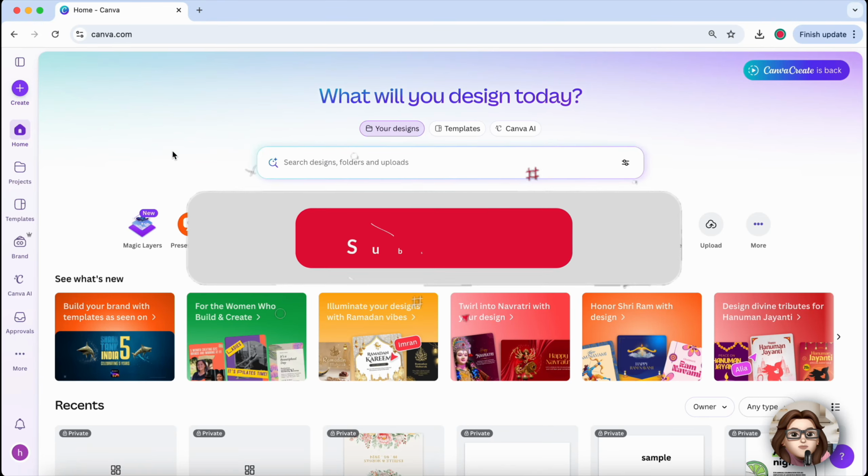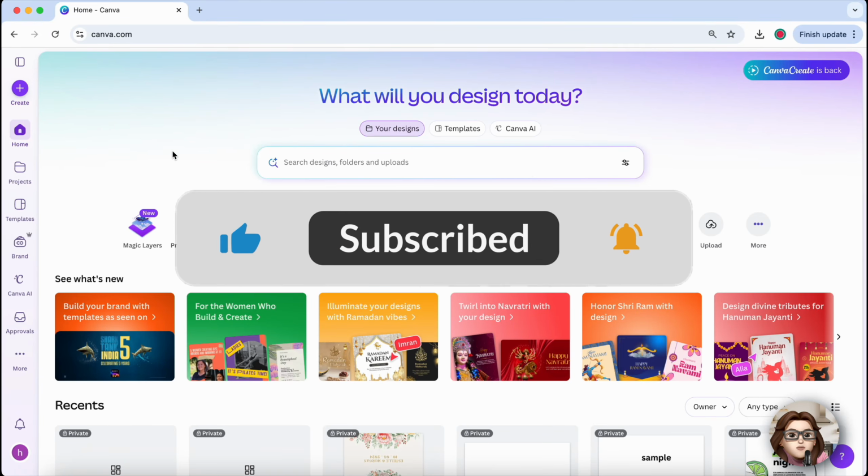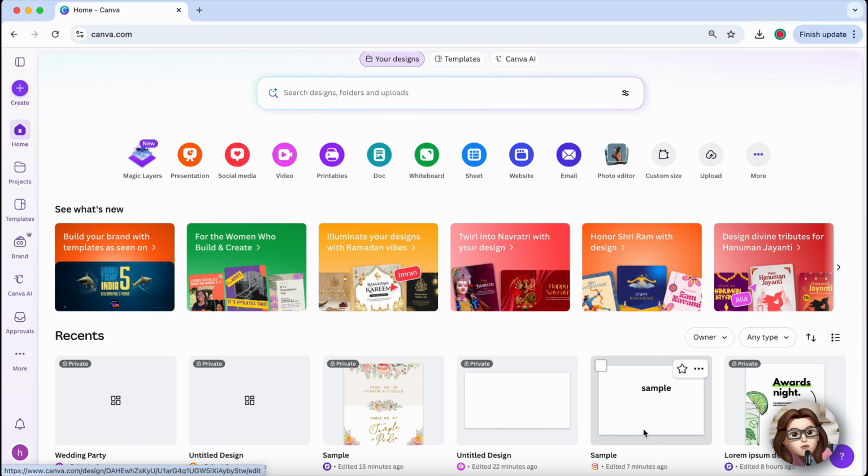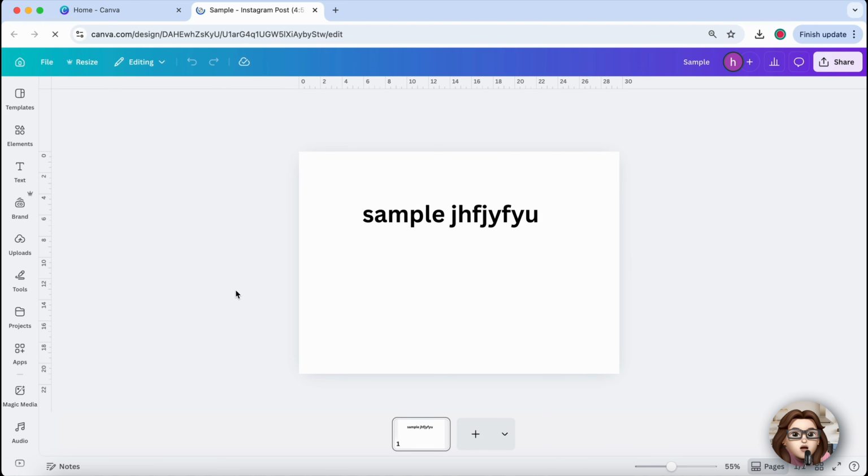In this tutorial, I will show you how to blur text in Canva. First, open Canva in your browser and log into your account. Once you are on the home page, open an existing design or click Create a Design to start a new